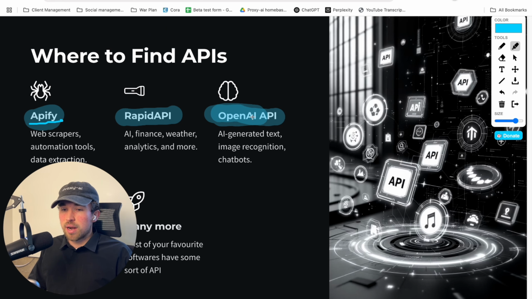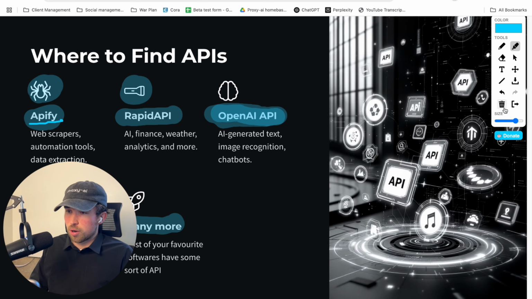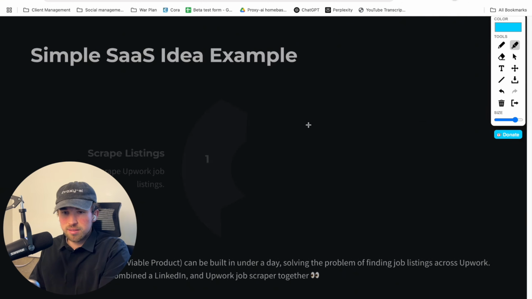OpenAI's API is one that I've used heavily. It's a very easy API to interact with, nice to use, and we will be leveraging this in our application. For payments, Stripe's API, and then there are many, many more. But these two are going to be the marketplaces where you can search hundreds, thousands of different APIs that people have produced and shared for you to leverage. You can think of these like weather APIs, sports betting APIs, stocks APIs, right? So this is where you can locate those things.